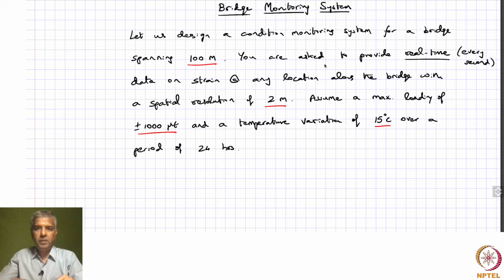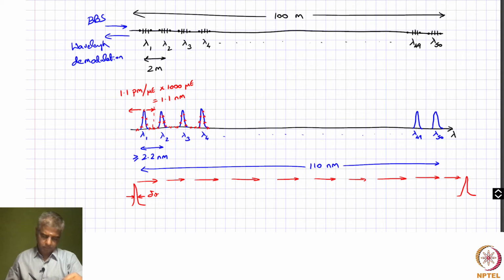And the real requirement is that the entire bridge has to be monitored for any defects or cracks in the bridge. But what we ended up doing was actually putting fiber Bragg gratings at locations 2 meters away and just picking up strain information in those locations. So essentially this is not a true distributed solution. This is what you call a quasi distributed solution,